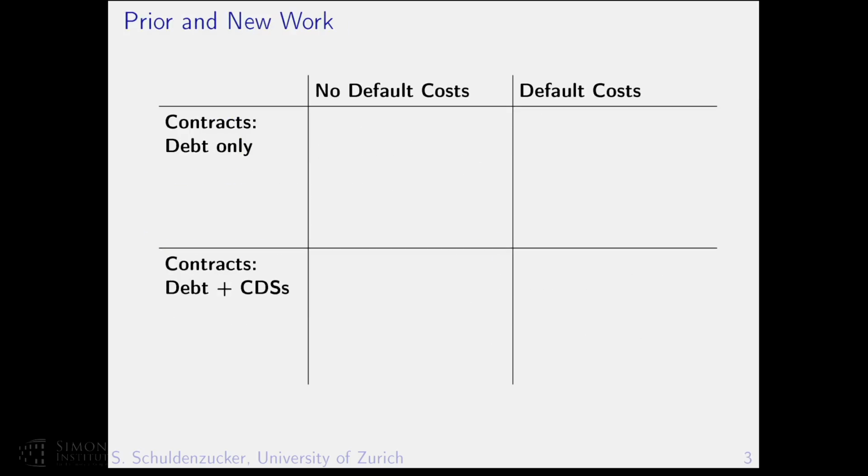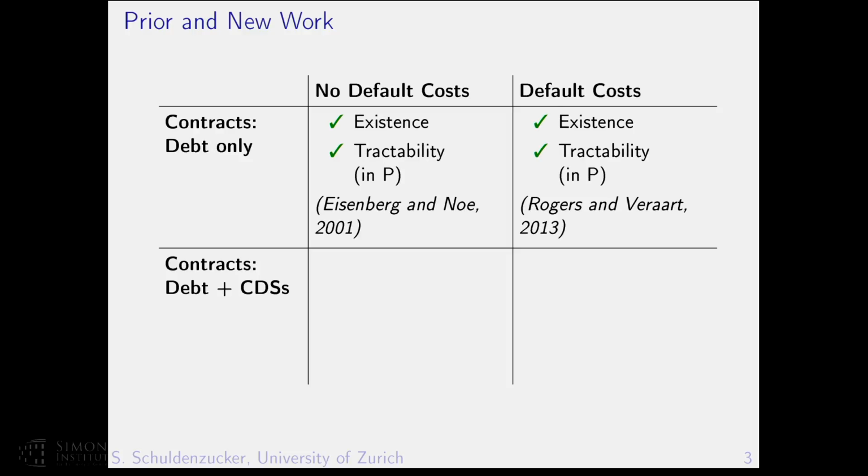Right, so there are two modeling decisions you need to make, also to answer your question. The first is, which types of contracts do you allow? And the second is, do you have default costs or not? This means, is money lost in the process of bankruptcy, or is it all preserved and paid out to the creditors? In prior work, it was shown that if you have only debt contracts, and that answers part of your question, then clearing payments always exist. They are also almost unique. You have a canonical solution in this case, and they are also tractable to find. So we have a polynomial time algorithm for the problem.